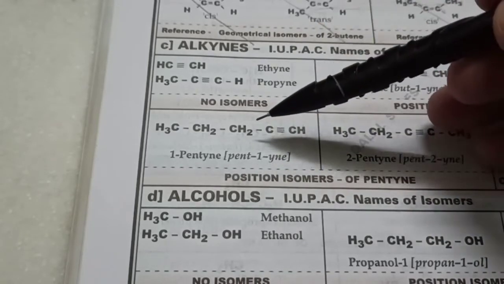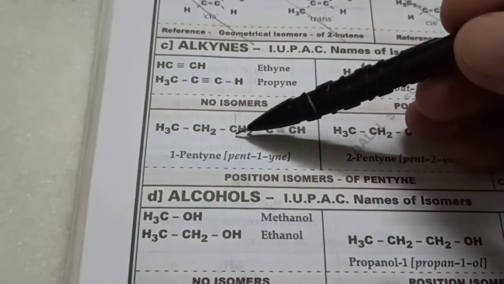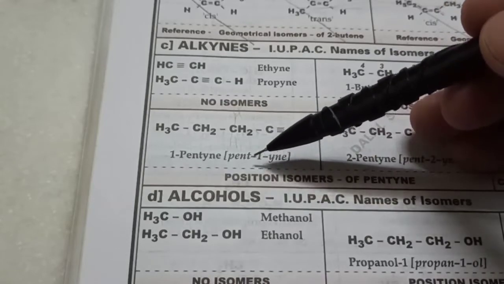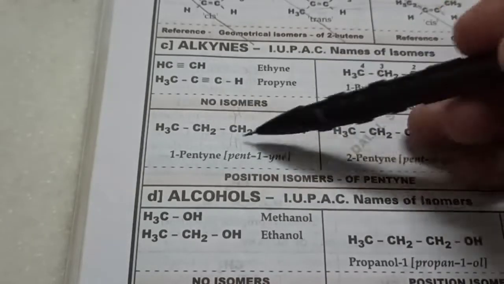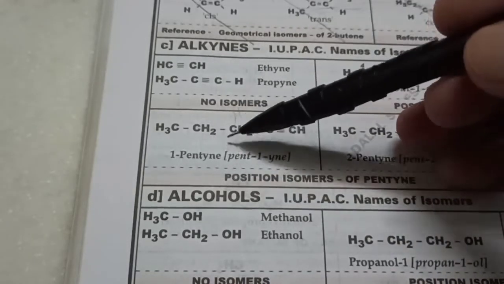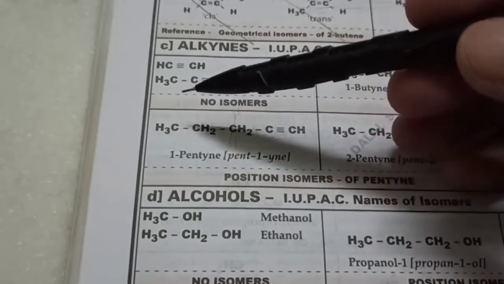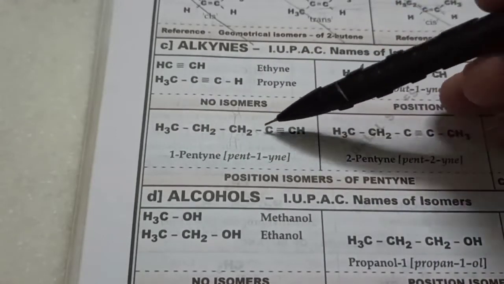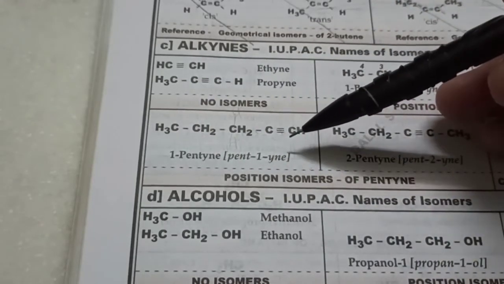If you want to draw the expanded form, of course, you'll put a dash here and put hydrogen, and here dash and put a hydrogen here. That's how you do the expanded form. This is the condensed form, which is fine as of now. Again, here 2 hydrogen atoms and here 3 hydrogen atoms. What's the formula then? 1, 2, C5H8.